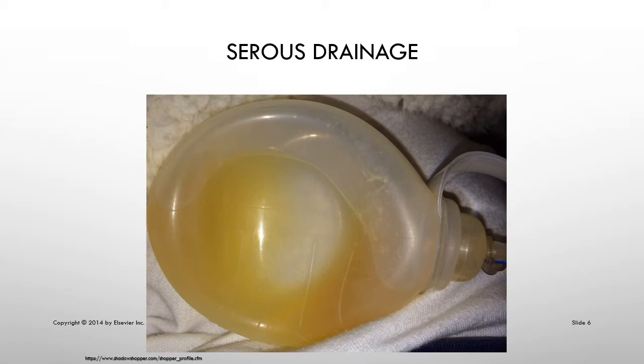Serous, now it's a thinner yellow. It's not the thick, chunky stuff that we're going to see in the next slide. Remember, a little bit of yellow fluid. It's nice and clear and clean looking. That is a normal thing. It does not necessarily indicate infection. Serous fluid will come out of a wound with normal drainage. But if you look like the next slide here,